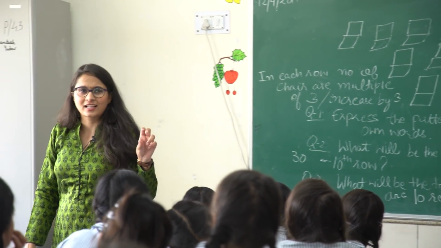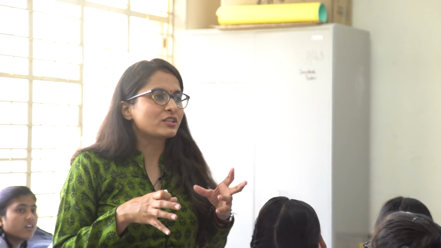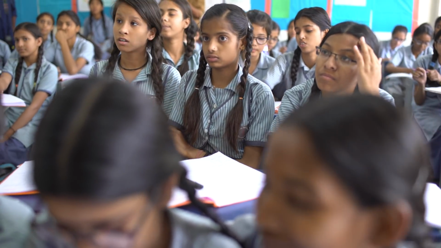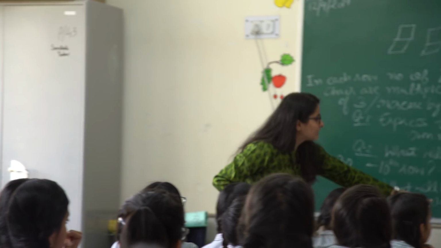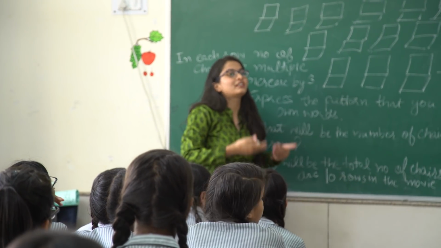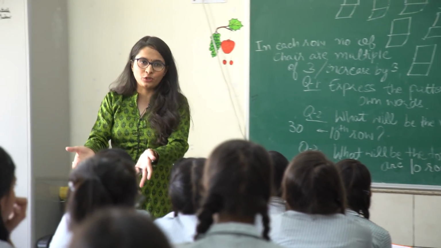Will you add all of this? That will be a clumsy, lengthy process. On paper you will keep on adding 100 numbers. Khushi, is there any way? I would multiply 100 into 3. Will that be the total number of chairs? That will be the number of chairs in the 100th row. I asked the total number of chairs. 3, 6, 9. If this number increases, the calculation will also become lengthy and difficult. So we will try to find an easier way to calculate this in our class, and that's the beauty of maths.